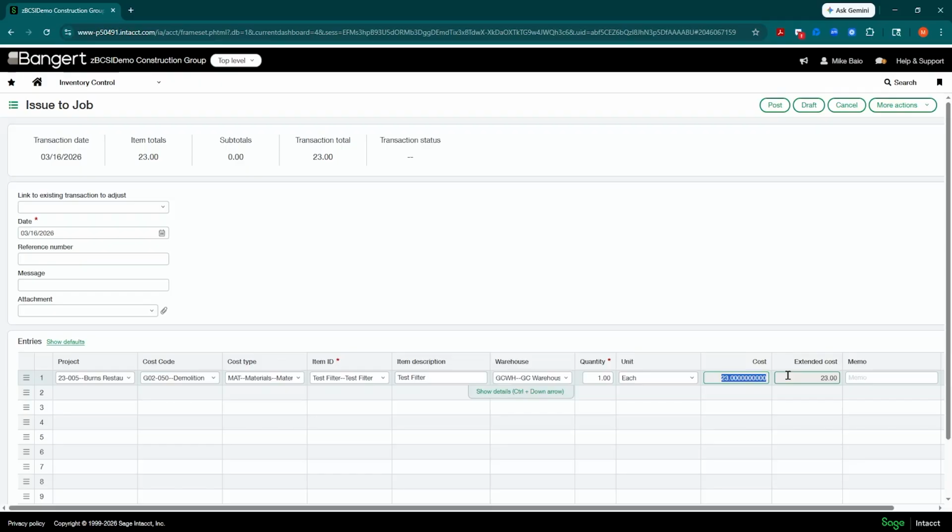So this successfully took the additional charges, the freight and the sales tax, and redistributed it back to the item cost in a simple fashion. It shouldn't be any more work than entering in an AP bill normally is, and you should be good to go.